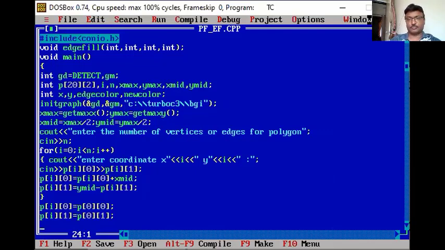So for this, you just have to use the line function. First I am going to draw a line from x mid, 0 to x mid, y max.